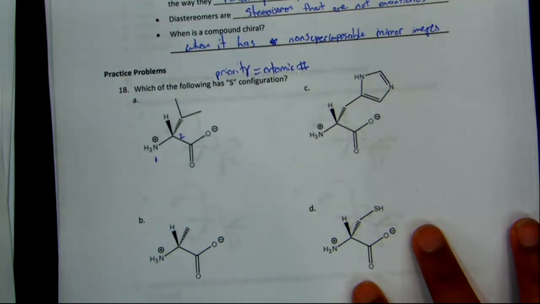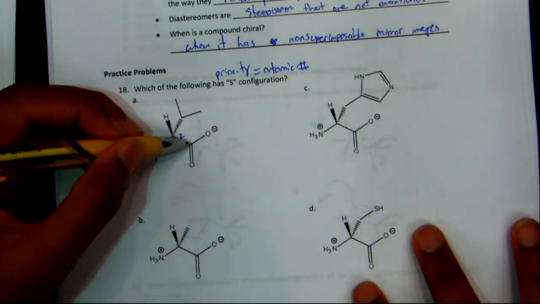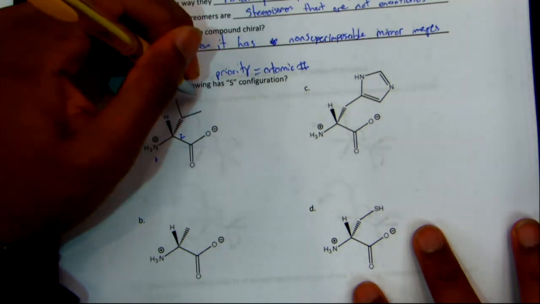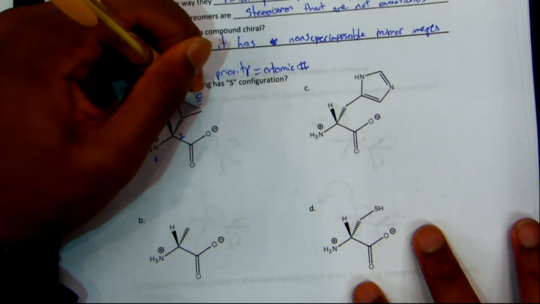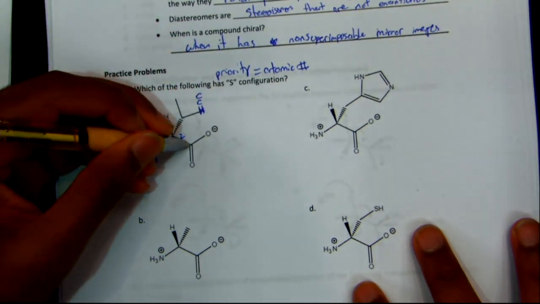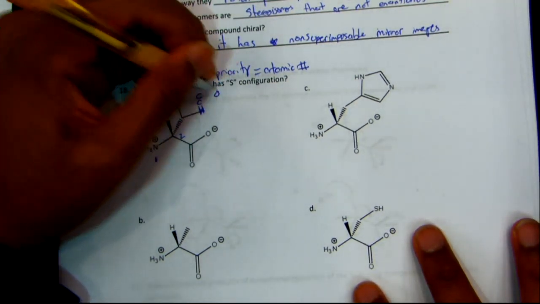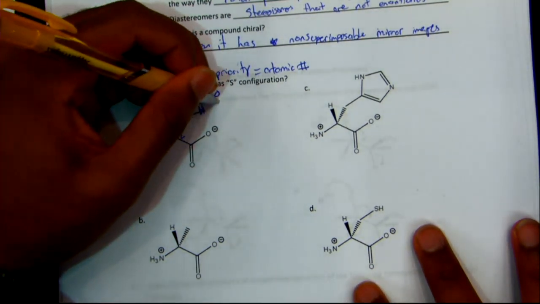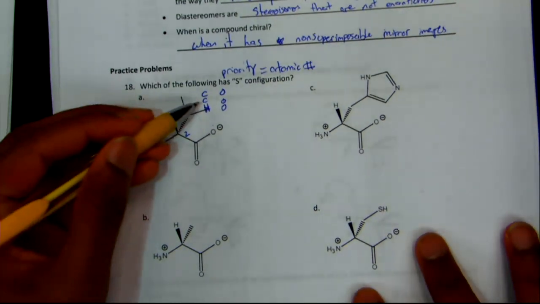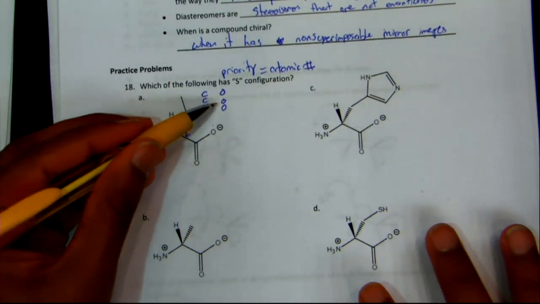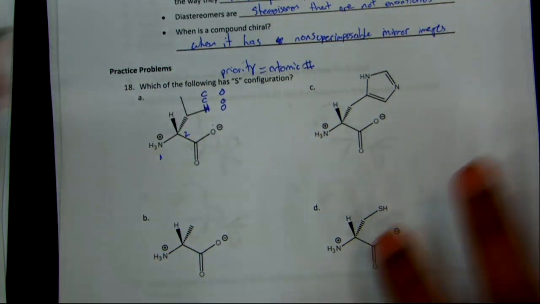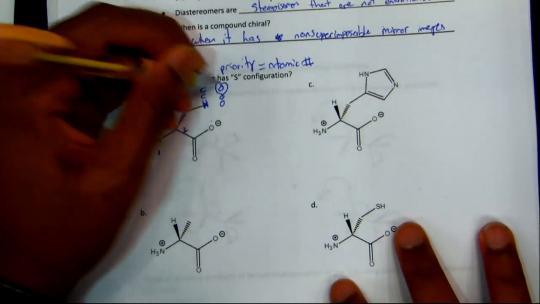2. So the way to do this is, if I'm comparing these two, I look at the 3 things it's connected to. So this carbon is connected to another carbon and a hydrogen, right? And then this carbon is connected to an oxygen. If it's attached to a double bond, it counts as another oxygen, and another oxygen. You only have to look at the first one. If it gets beat in the first one, then this one takes priority. So like this carbon, oxygen, oxygen, higher atomic number, right away this one takes priority, so this is my good